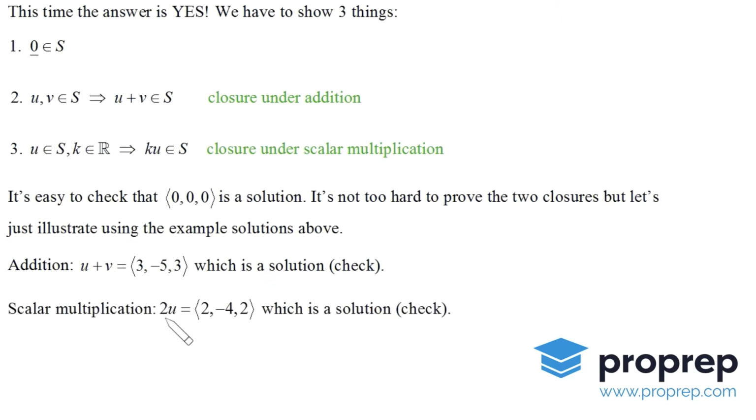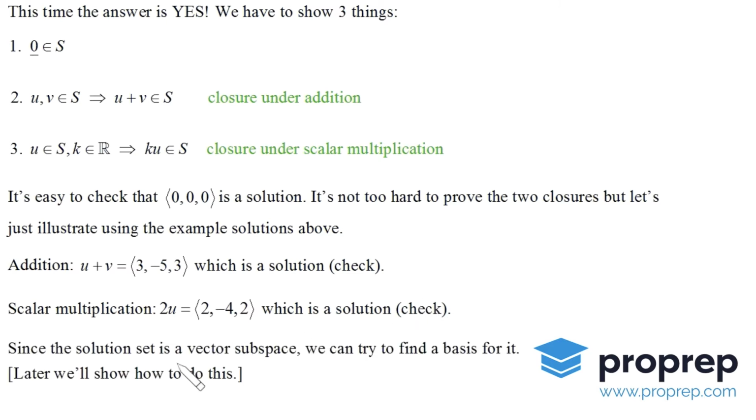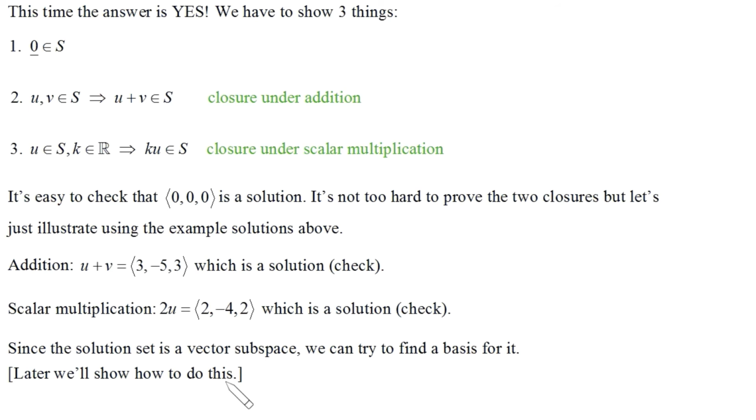And scalar multiplication, again, just an example. Twice u is this, and this is also a solution. Again, leaving it to you to check. And so this time, in the homogeneous case, the solution set is a vector subspace. And since it's a vector subspace, which is also a vector space in its own right, now we can try and find a basis for it. At least not now, but later on we'll show how to do